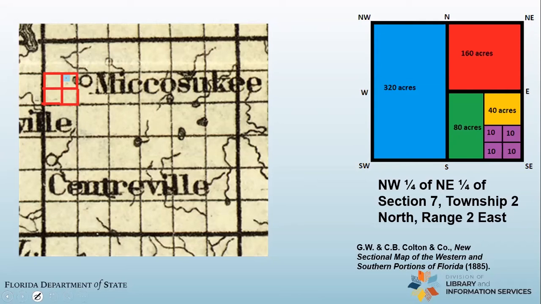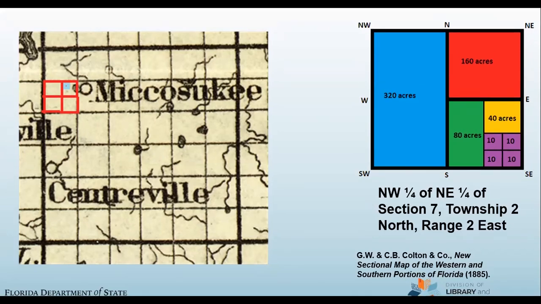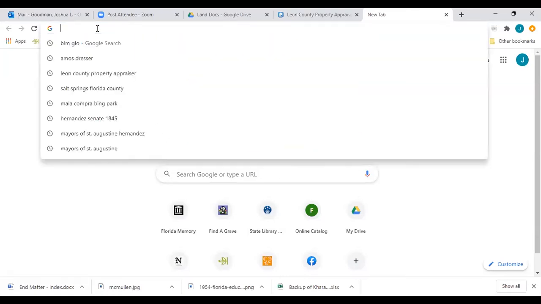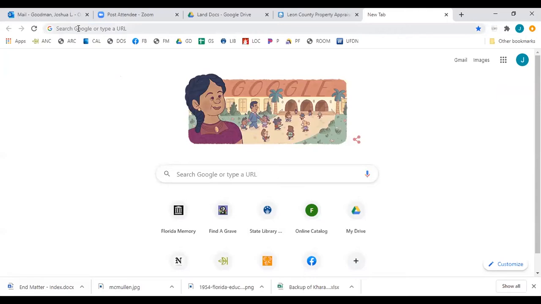So I'm going to share a different screen. I'm going to share my internet browser now. Could somebody let me know that you're seeing my internet browser? You should be seeing the Google Doodle right now. We can see it. Excellent, very good. Here we go. All right, so what we're going to do, there's 2 different choices. One of my favorite tools, and I used this a little bit in part 1 to show you how to get your hands on federal land patents.